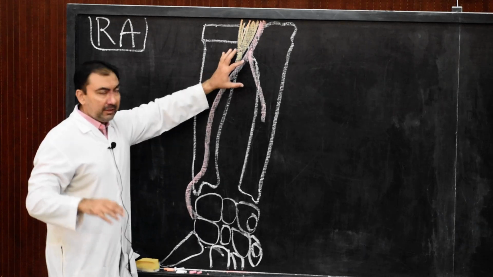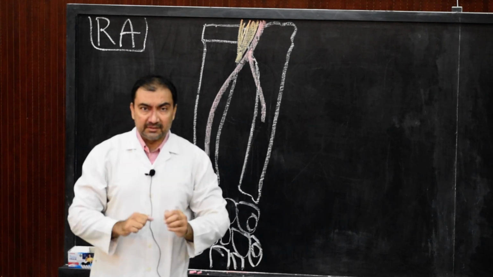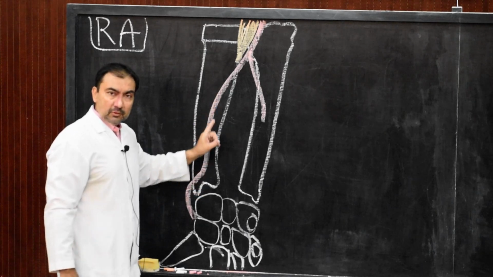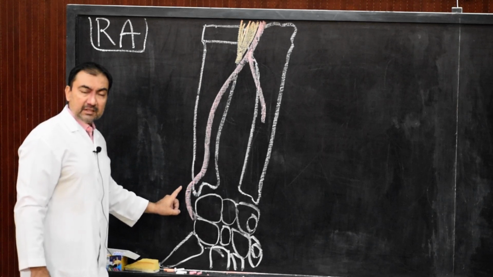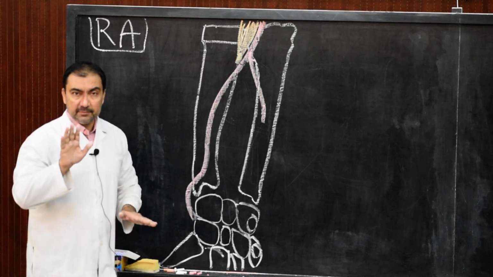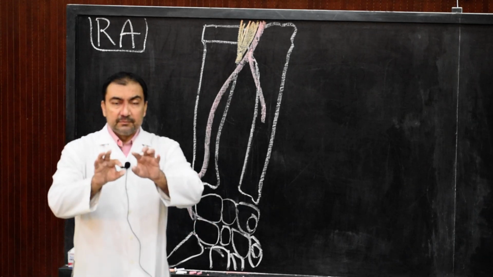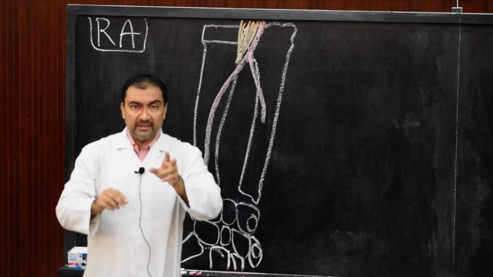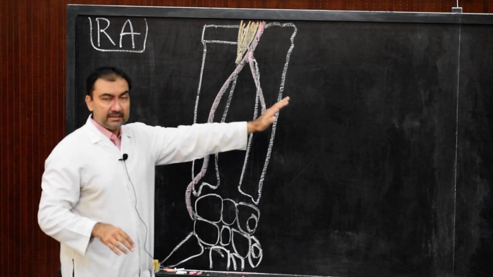Now since the commencement we have discussed of radial artery, now its course and relations. In the course of radial artery, it is traveling with a lateral convexity on the front of the radial side of the forearm, and then just above the styloid process of radius, it will curve dorsally, laterally over the carpus bone and enter the dorsum of the hand. From the dorsum of the hand, it will then pierce the two heads of the first dorsal interosseous muscle, and then it will enter the palm. That diagram also we are going to draw later on.